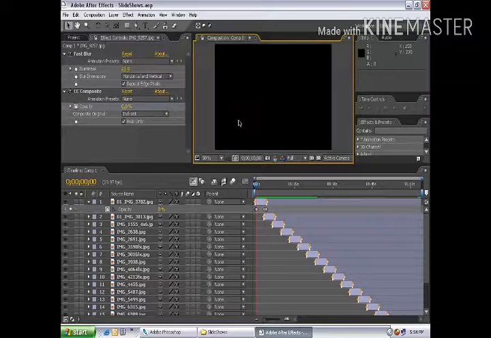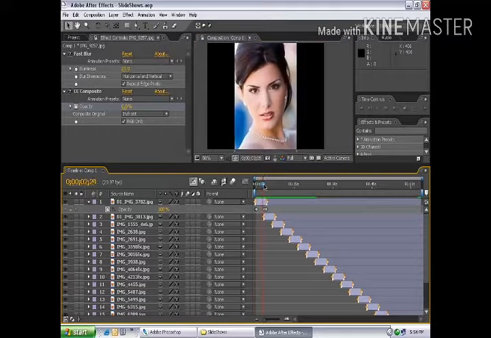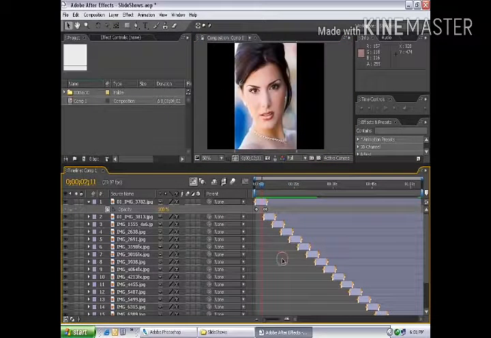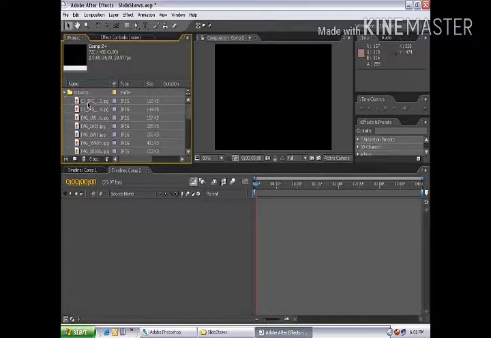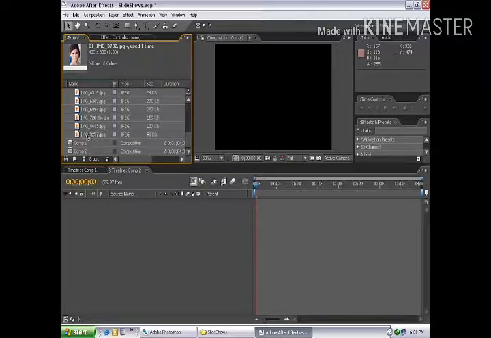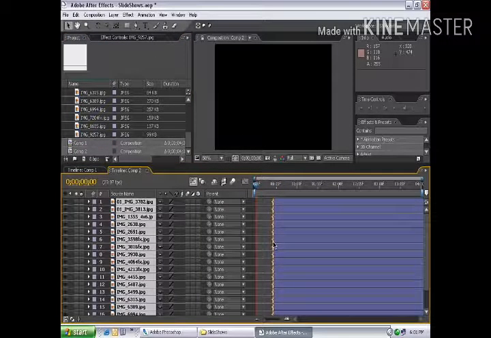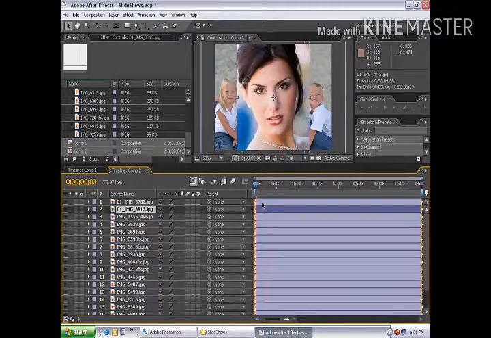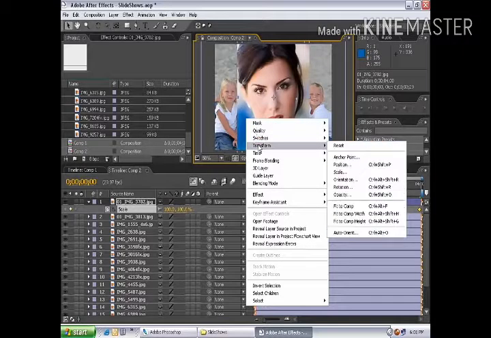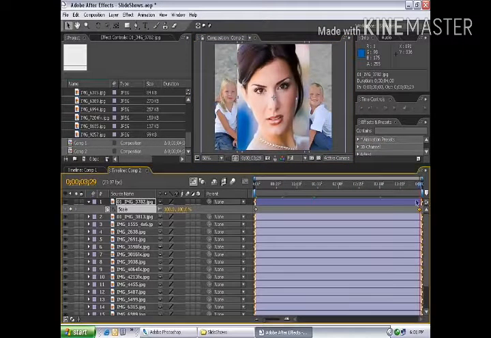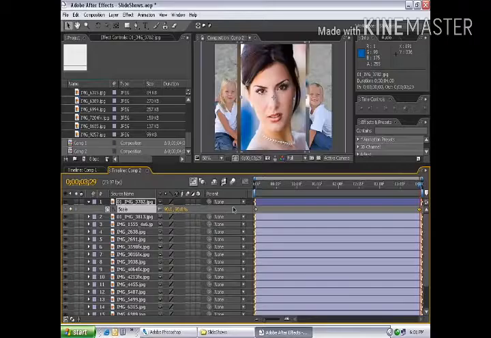Okay, so you're thinking, well, did that take a long time, or was I just teaching it really slowly? Well, let's find out. Composition, New Composition, set the duration to whatever length you want the images to be, 4 seconds, and set your preset. Choose OK. Go to your images, select the first image, go down to the last image, hold down Shift, drag them out to your comp, hit Alt-Home to bring it to the beginning, then select the first layer, hit S to bring up the scale, click it, go to the end, set a keyframe, go to the beginning, right-click, choose Transform, Fit to Height, go to the last keyframe, set it to 90%, that way it goes from 80 to 90,